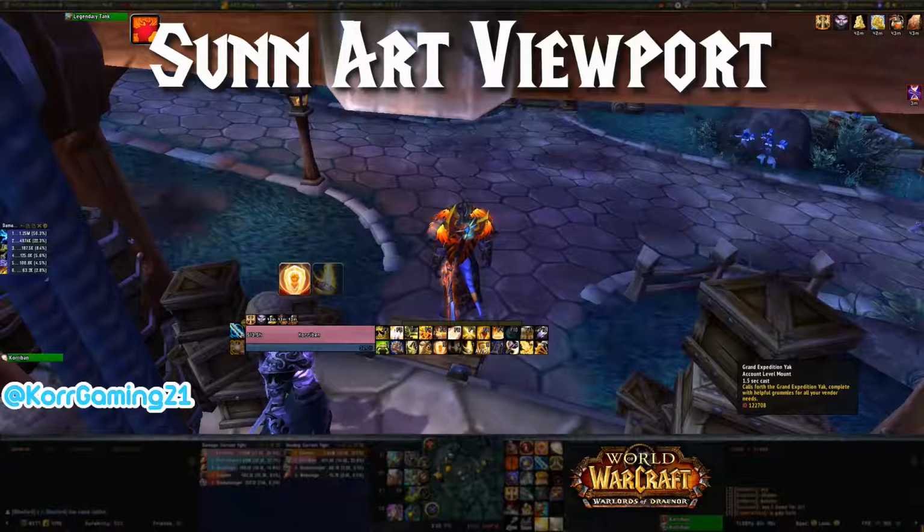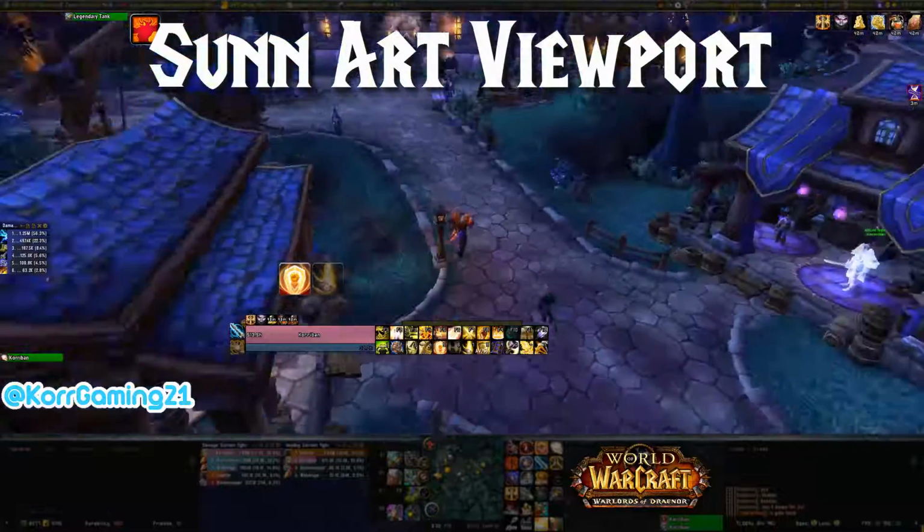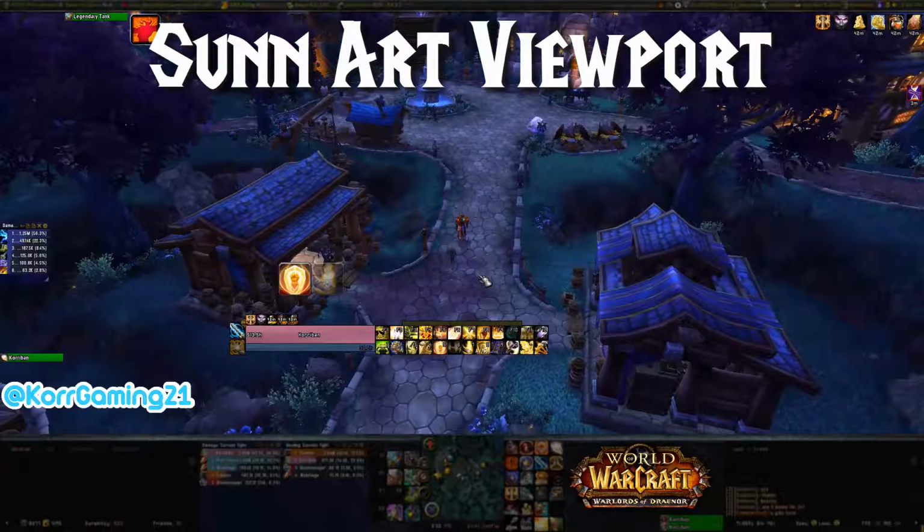What it actually does is it makes my screen a little bit smaller, but it also widens it, so I have larger peripheral vision, which is huge for raid leading. Very important that I can see what's going on during the fight. So I have a viewport, a bottom